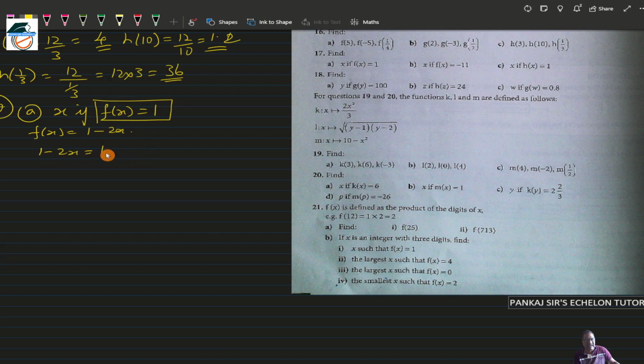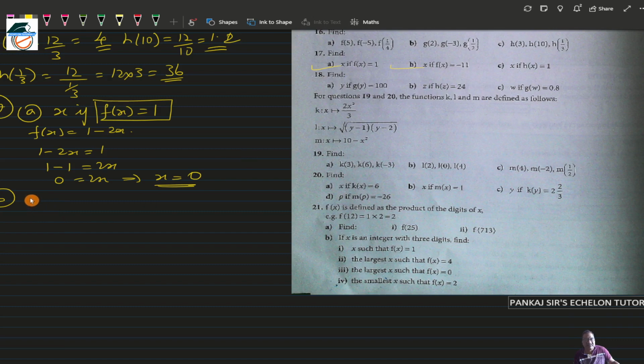So what will be x? From here you can find out the x. So x will be how much? 1 minus 1 equal to 2x, 0 equal to 2x. So this implies that x is equal to 0. So the answer for 17A is x equal to 0. Okay, this is done. Now 17B says that